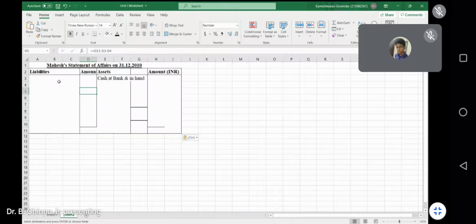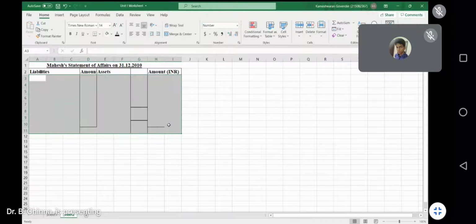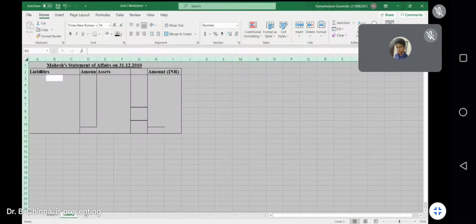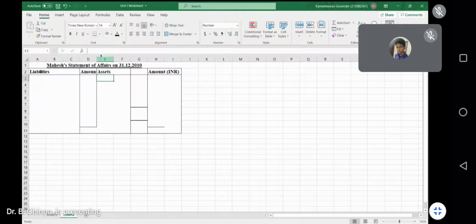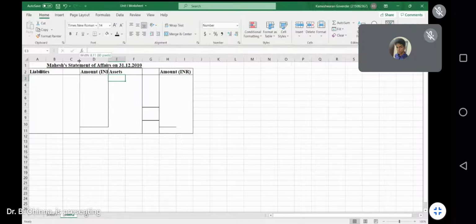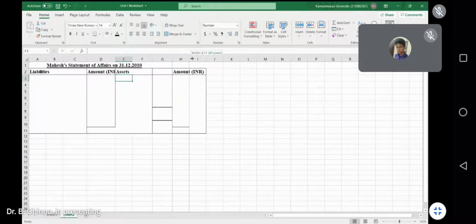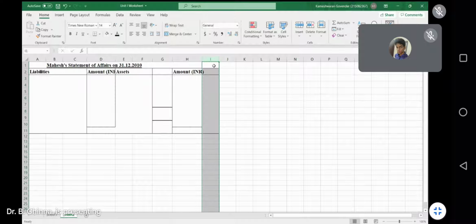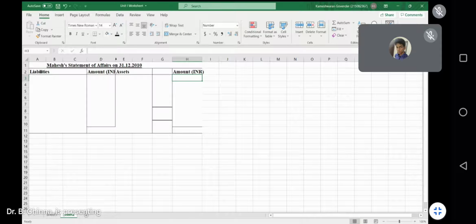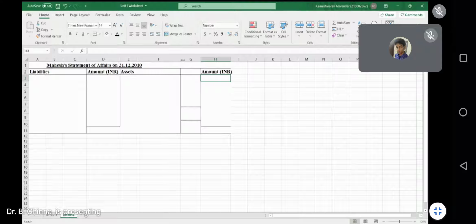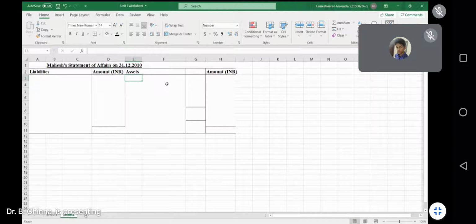One minute, students. Can you see the screen? Yes, sir. One minute, students. I just intentionally added this internal column. I am assuming that you will also have an internal column in your accounts. So we shall start with